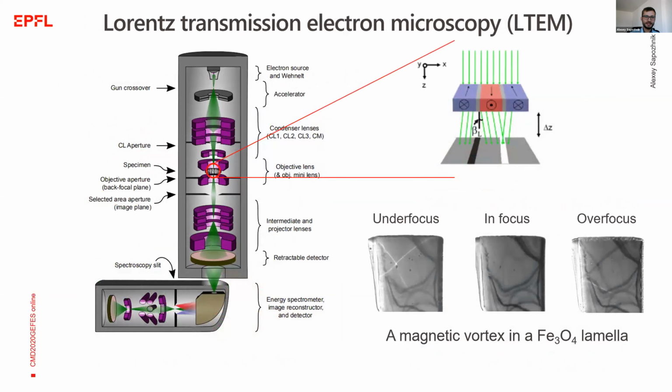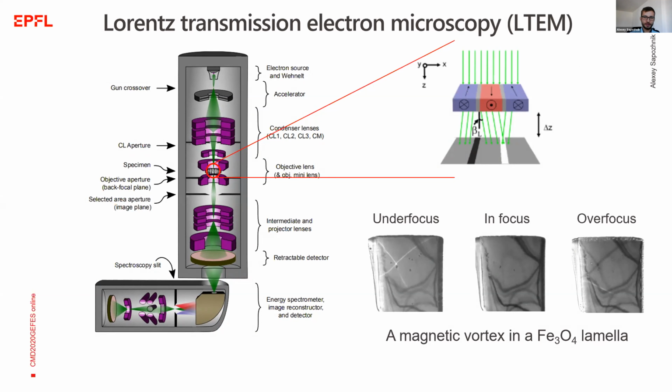On the left-hand side, I show schematics of a transmission electron microscope. At the top, it has an electron source and condenser lenses, which prepare the electron beam. The objective lens forms the image, and intermediate and projector lenses magnify the image and project it onto the camera. When electrons traverse a magnetic sample, their trajectories get bent, so the electrons are deviated, and this deviation depends on the local magnetization of the sample. If the objective lens, or to be more precise, the objective mini lens, is set to image not the sample plane, but either a plane above or below the sample, white and black contrast will appear at the places where the